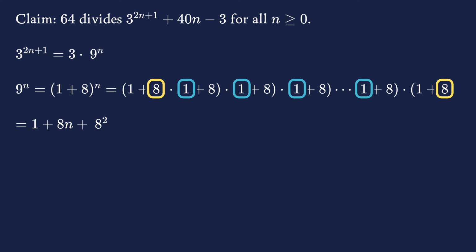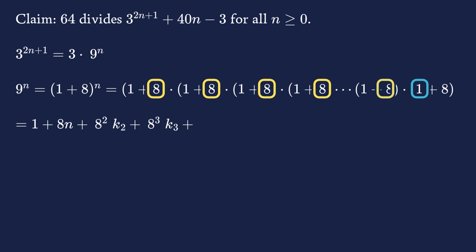There are many ways in which we can choose these two 8s. But we won't be needing the exact number. Let's just call it k2. Next, we combine three 8s with n-3 ones to get a multiple of 8 cubed. Again, the exact number of combinations won't be important in a minute, so we call it k3. We continue this. When expanding this product, we get larger and larger powers of 8, and a certain number of how often this